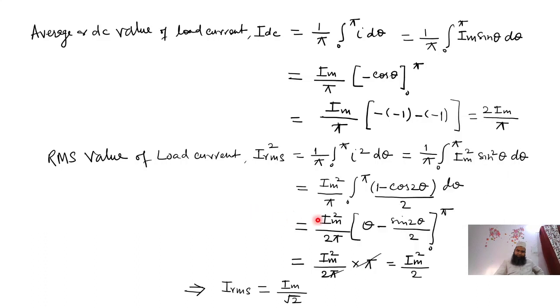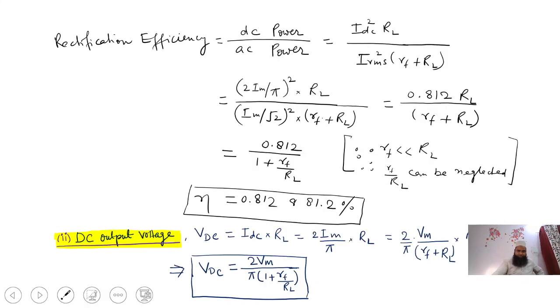Now the whole will be pi, and this will be Im square upon 2 pi. This will be IRMS equal to Im upon root 2. Now efficiency can be calculated as DC power upon AC power, that is, output is DC power and